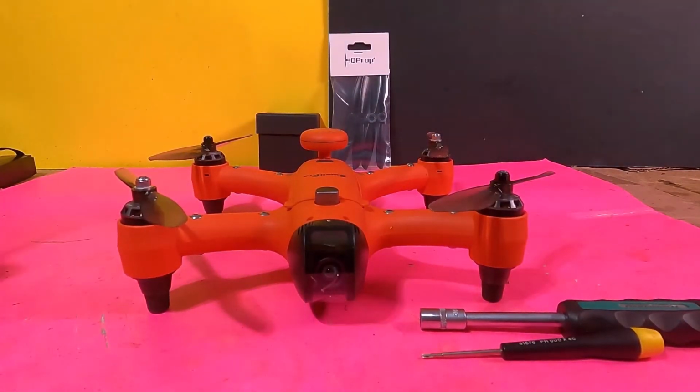Not too fast. I was able to follow it. I even thought of hand catching it. It wasn't that high up. I could have grabbed it, but I was scared it was going to bug out and cut me or hurt me. So it was going right into a tree at a very slow rate. I didn't get it on film. I should have. And it hit the tree, and well,